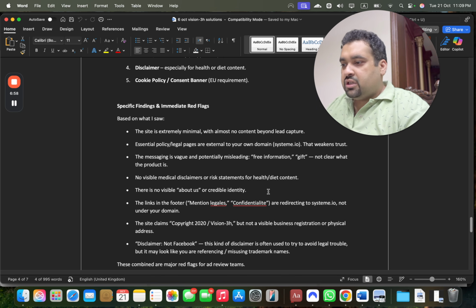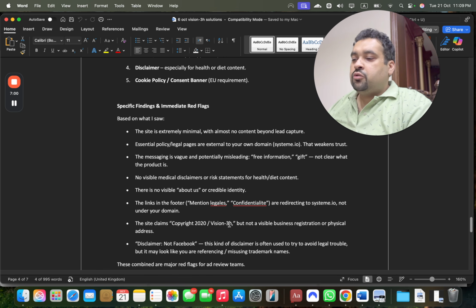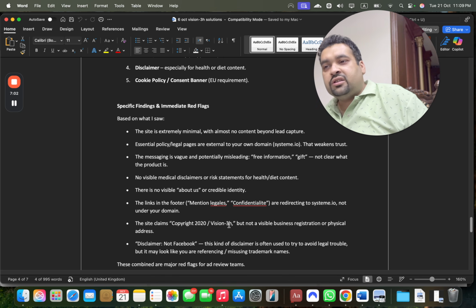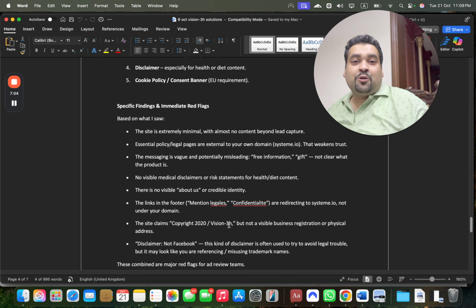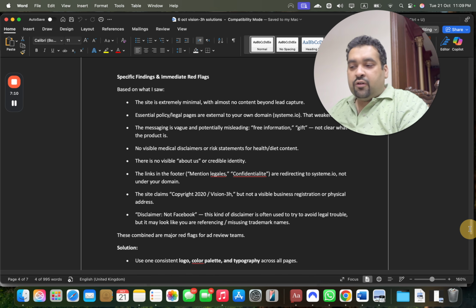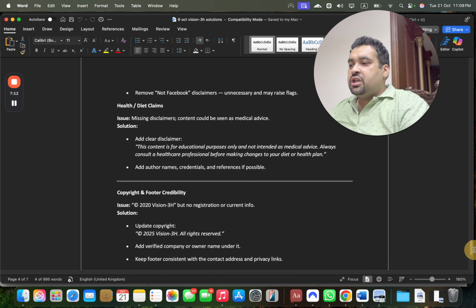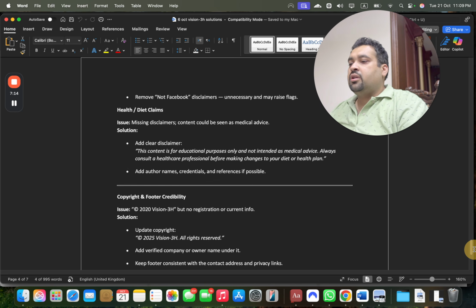Cookie policy page, other policy pages. Copyright issues: the copyright was 2020, which is outdated. It's 2025, October 2026 is on the way, and people are mentioning this or that. Disclaimer, not Facebook. So this kind of disclaimer was sorted. A few changes, missing disclaimers, sorting out website issues,